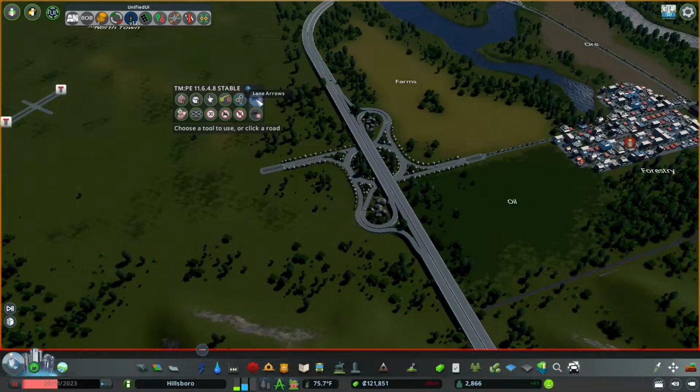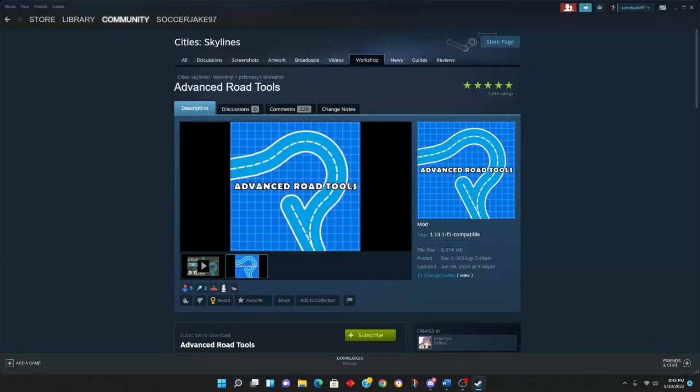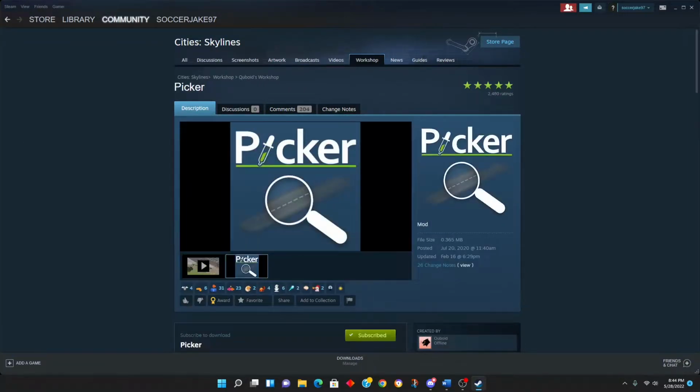Before I get into number 1, I would like to briefly mention a few honorable mentions that didn't quite make this list. The honorable mentions are in no particular order. They are Advanced Road Tools, Precision Engineering, Roundabout Builder, Move It, Extra Landscaping Tools, Key Anarchy, Picker, and Parallel Road